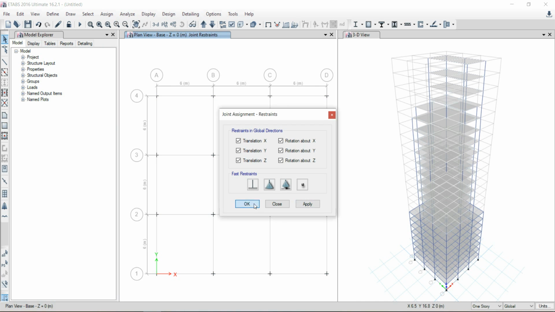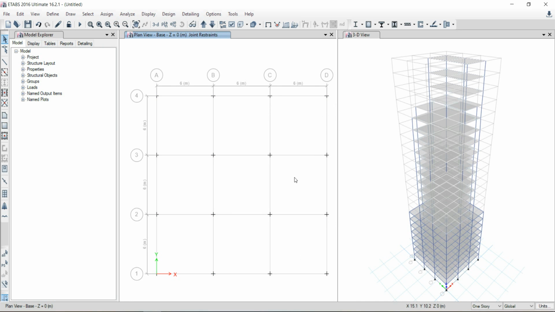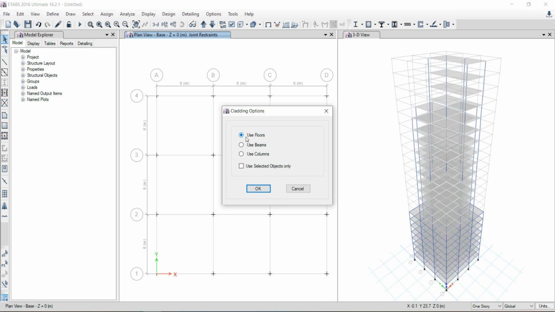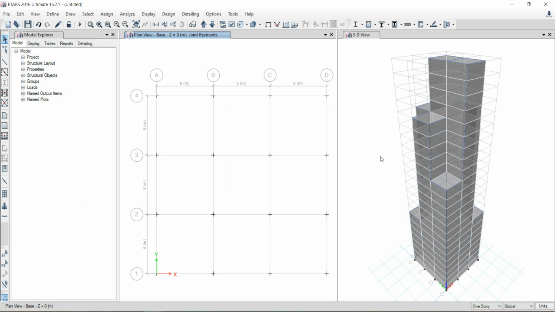Click on apply and click on OK. Draw cladding, we'll go to draw and select the auto draw cladding option. Make sure you have selected the use floor option and click on OK. So in the 3D view, you can see the claddings have been generated.